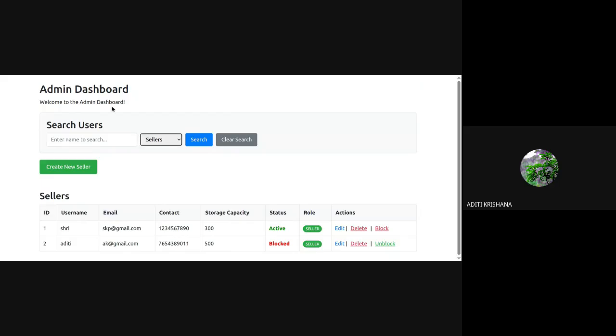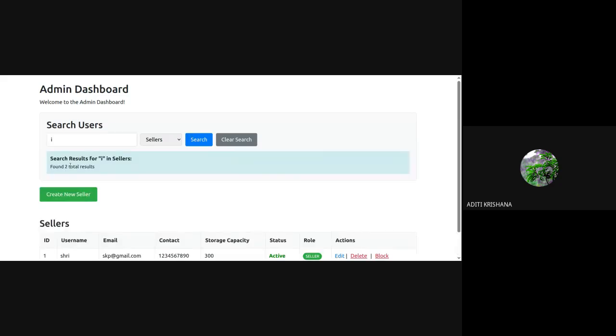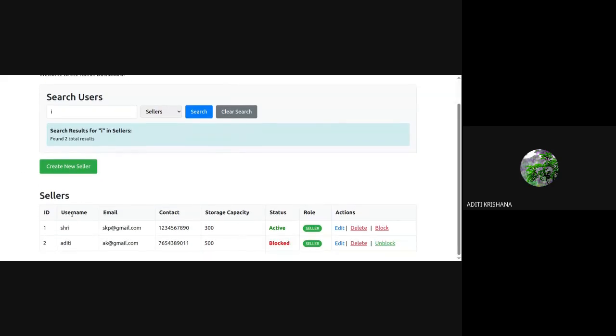So right now I am selecting sellers because I have no customers created till now. So I will search for I, only I, and click on search. So it is telling two total results have been found in sellers.